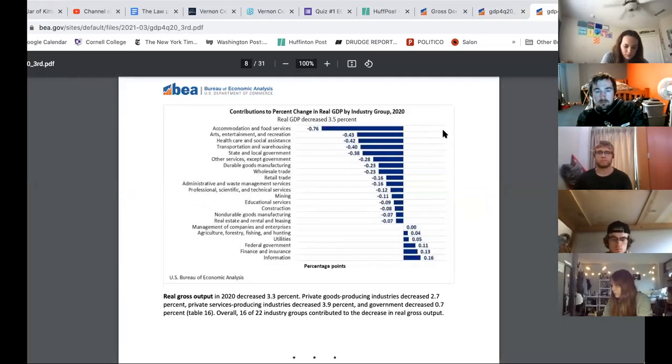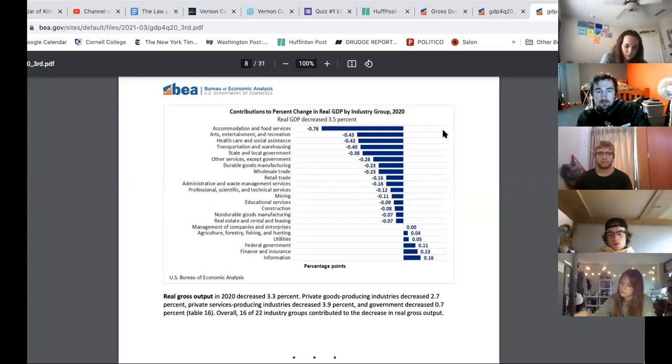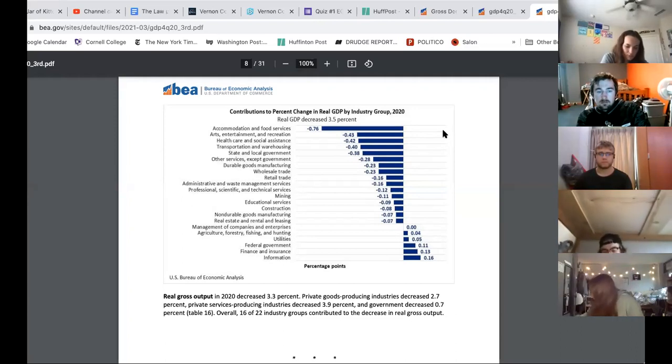What industries have done the best and done the worst? This is really breaking GDP down based on output. If you break GDP down based on output, you can look at which industries have suffered the most and which industries have actually gained. And so you see a lot of losses in, obviously, accommodation and food services, and arts and entertainment. State and local governments have had to spend less. Retail trade, mining, all of these things have experienced fairly significant losses. What's done well? Agriculture, forestry,